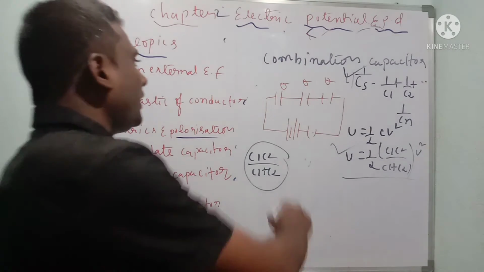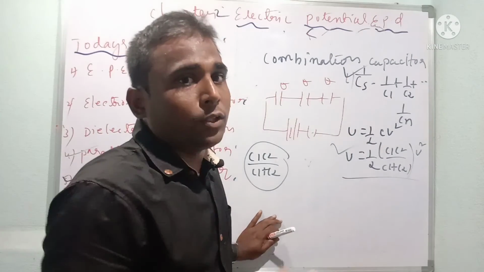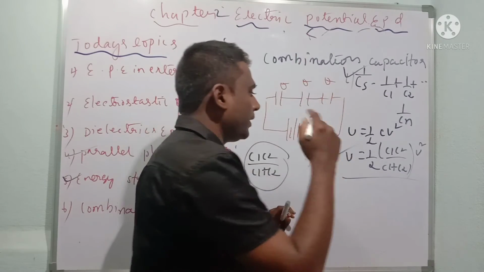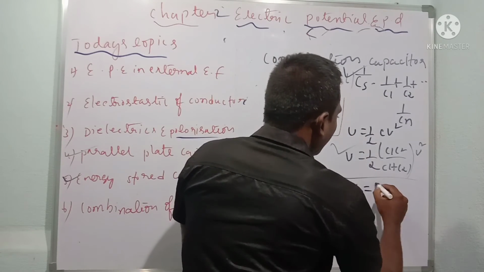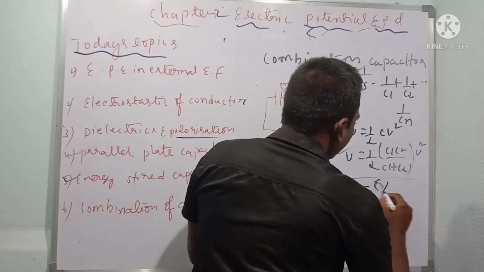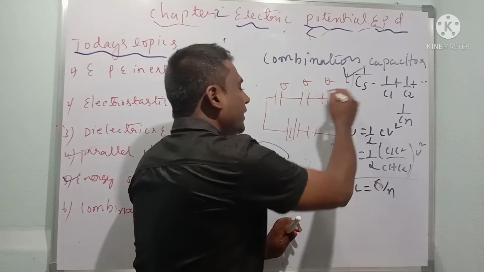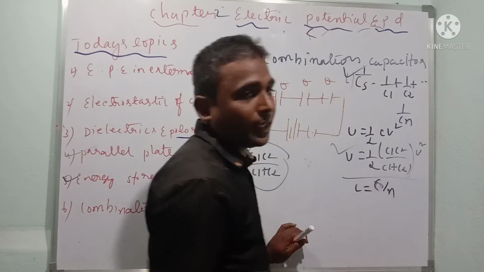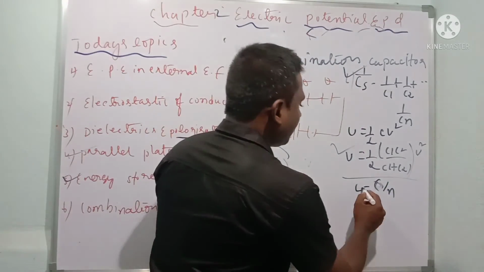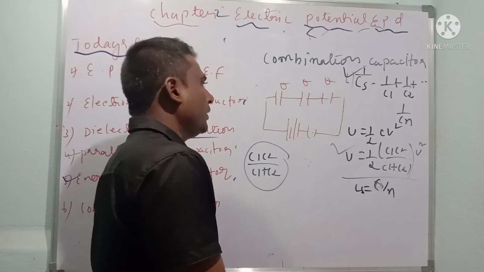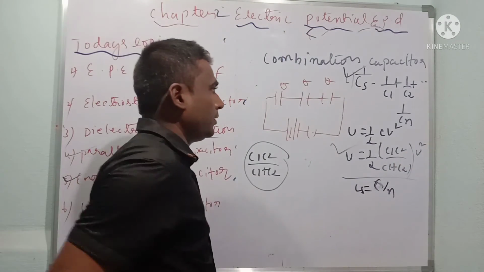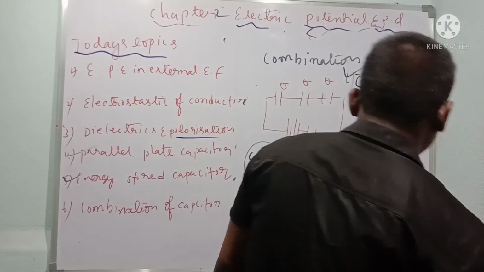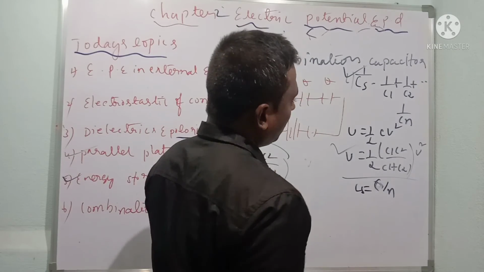Similarly, if n number of identical capacitors are connected in series, then the equivalent capacitance is given by Cs is equal to C by N, where N is the number of identical capacitors connected. Now if I connect in vertical position, that is going to become parallel. So let us understand without wasting time. Please note down this. I think you have noted down.